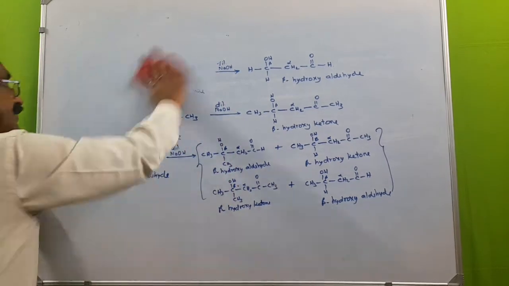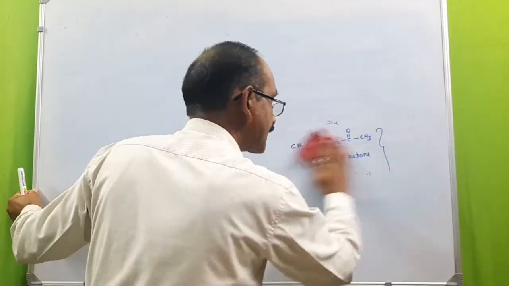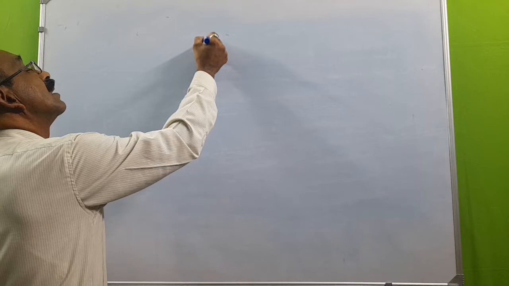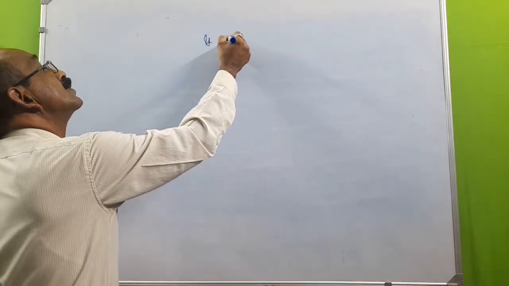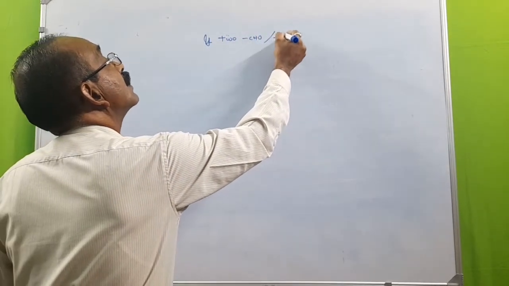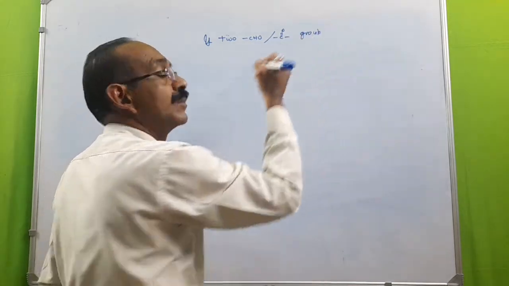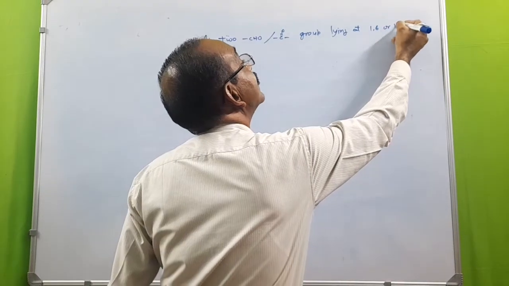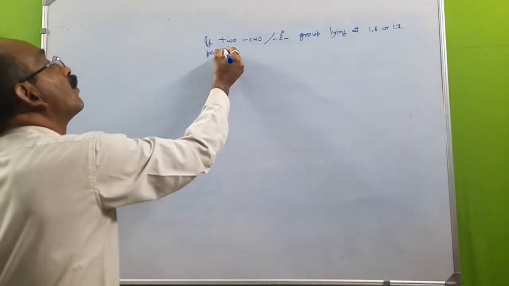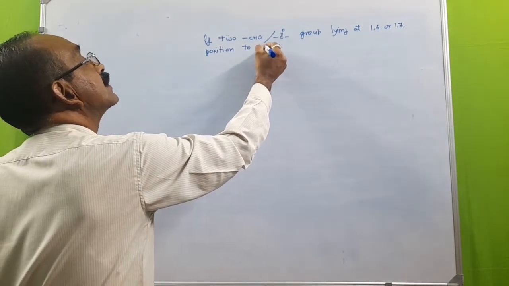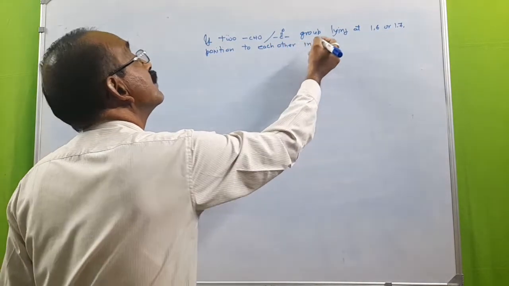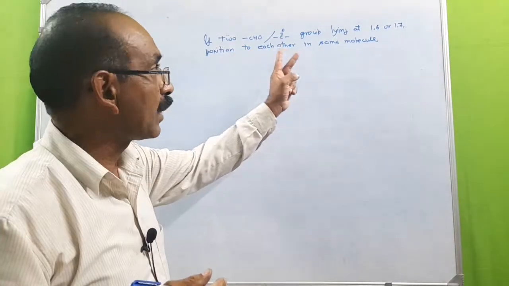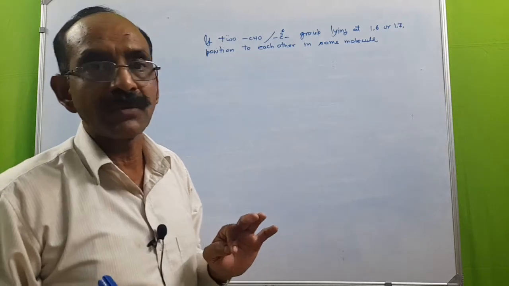Sometimes, if two either CHO or CO groups are lying at 1,6 or 1,7 position to each other in the same molecule, in the same molecule, if there are two CHO or CO groups and they are lying at 1,6 or 1,7 position to one another, then